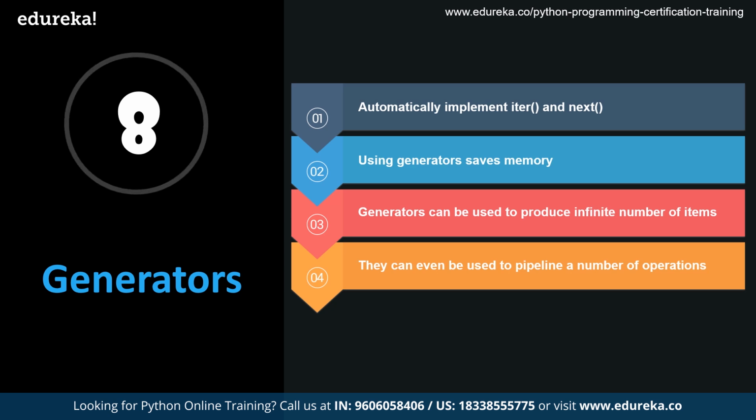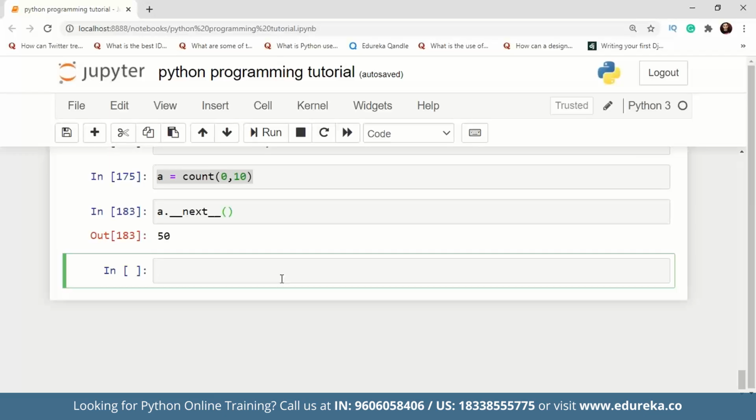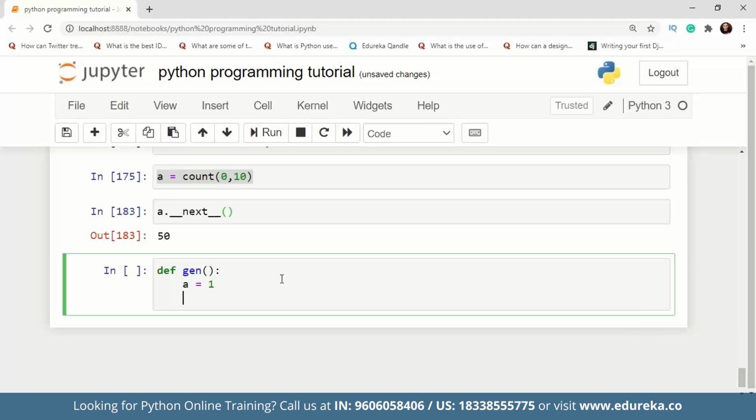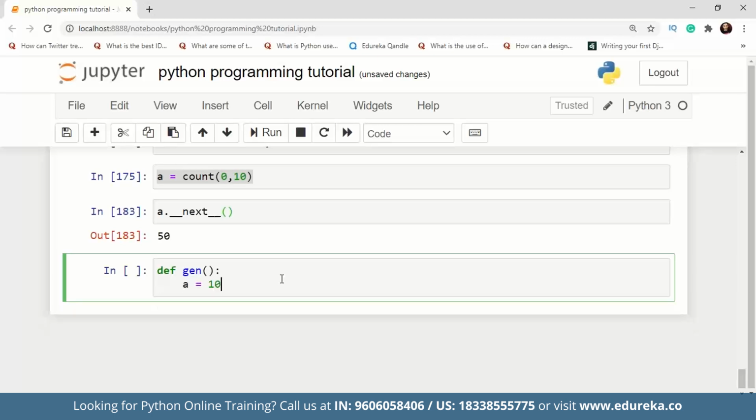We'll take a look at a little implementation of how generators work in Python. So let's take it up to Jupyter Notebook and see how a generator works, guys, and how we define a generator function. We are going to use the keyword def. Let's call it generator, because this is going to be our generator function. After this, let's take a number a equal to 1, or let's take it as 10.